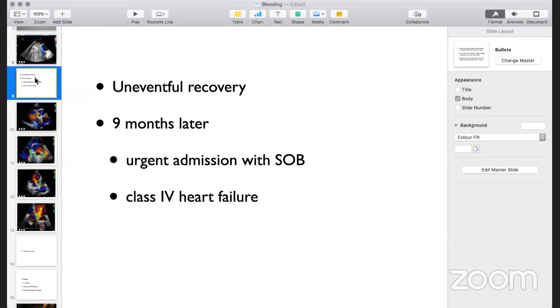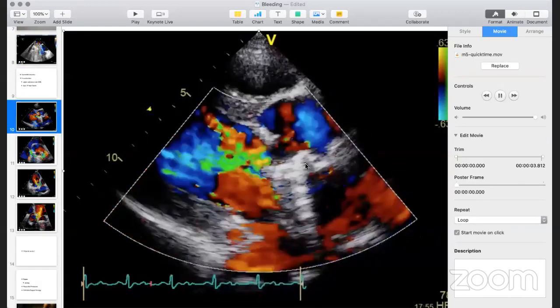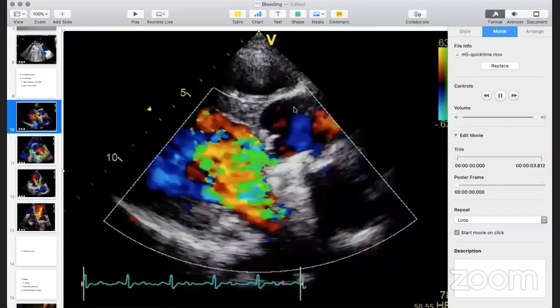Uneventful recovery. She comes back to us 9 months later, an urgent admission with shortness of breath and heart failure, on the high dependency unit, not requiring intubation, but not far off. So this is all turning out to be a bad scenario. She's young, has had multiple reoperations, and now she's in a real clinical problem. When we look at the echo, I'm sorry we can't go through this in a lot of detail, but